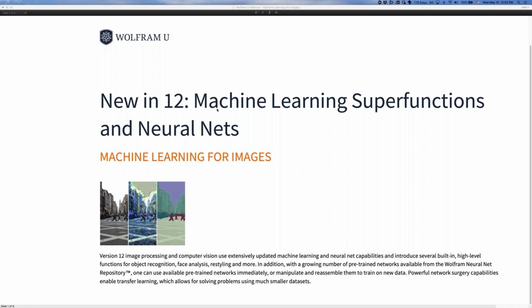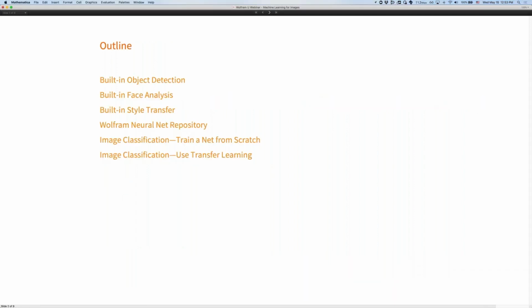As most of you may know, image processing has been a part of the Wolfram language since version 7. Main focus for us in the past few releases was to make sure we leverage all the advanced modern machine learning and neural net capabilities that are coming into the language built in. The two main focuses for us have been to make, as Etienne said earlier, super functions that are built into the system, as well as making sure the framework allows for smooth workflows in order to develop image processing, image analysis, image generation, whatever image-related functionalities.